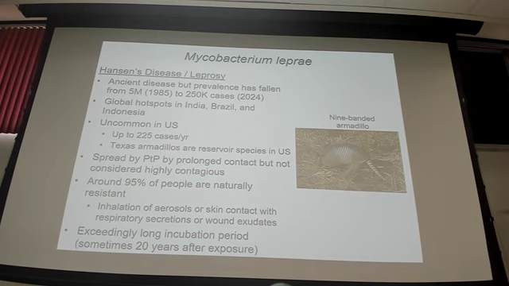In terms of incidence these days, this is really a pretty rare disease. We used to have, even 30 years ago or so, 5 million cases. This is global. Now we have about 250,000 cases, 2024 data. There are some hot spots, India, Brazil, Indonesia, with higher incidence rates, but in the US, 227 cases a year on average, give or take. So very uncommon here, but it is good to know about.